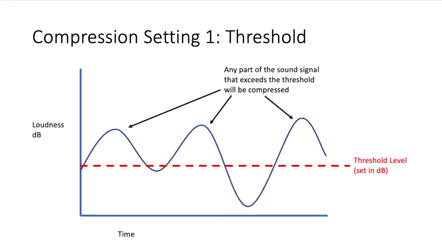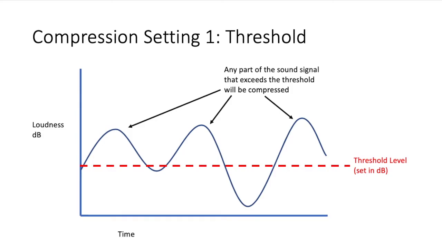So the first setting is called threshold. Threshold is pretty straightforward and easy to understand. What it does is it tells the compressor when to start compressing. So here in my simplified waveform signal, I have put a red dotted line to represent a threshold level, and